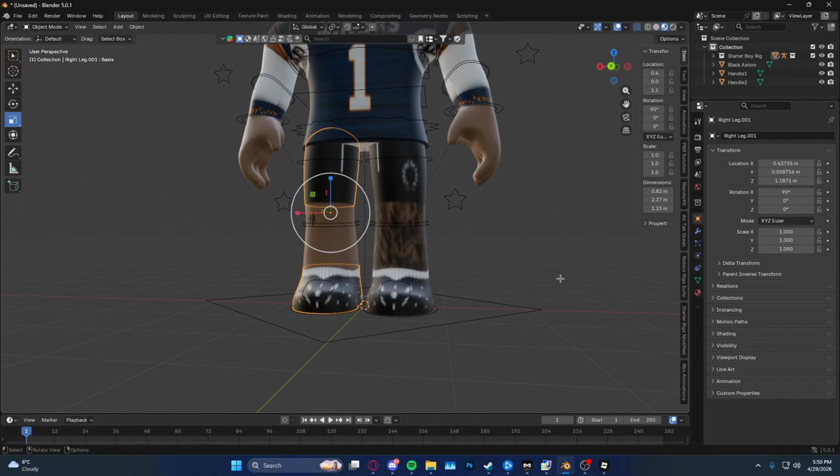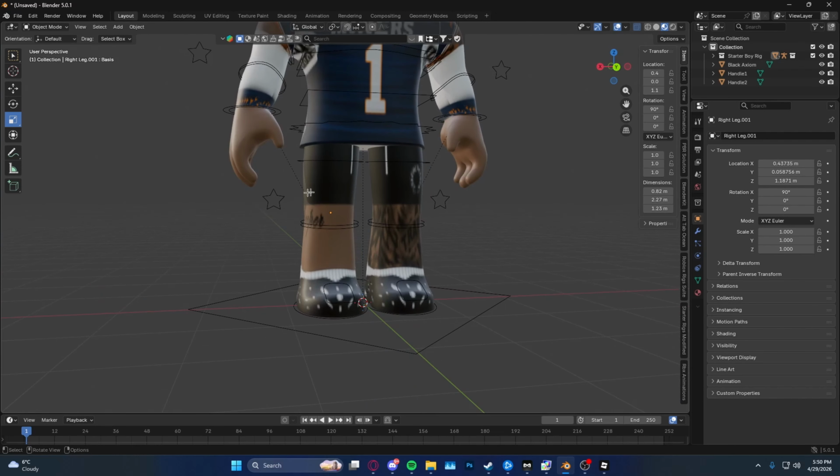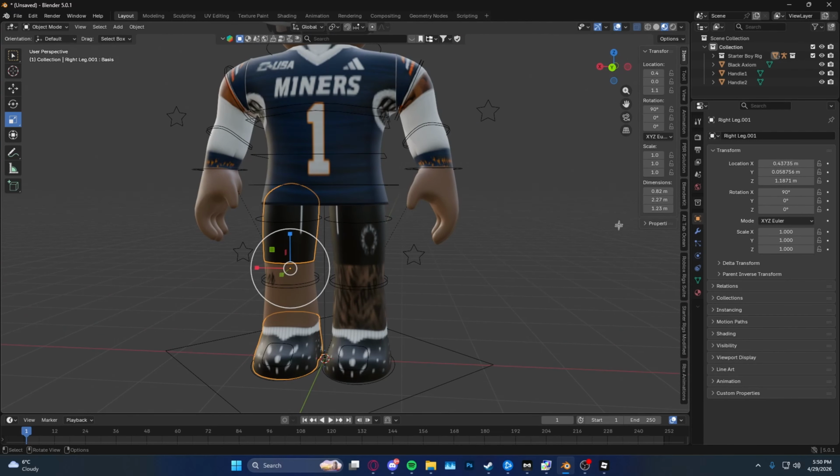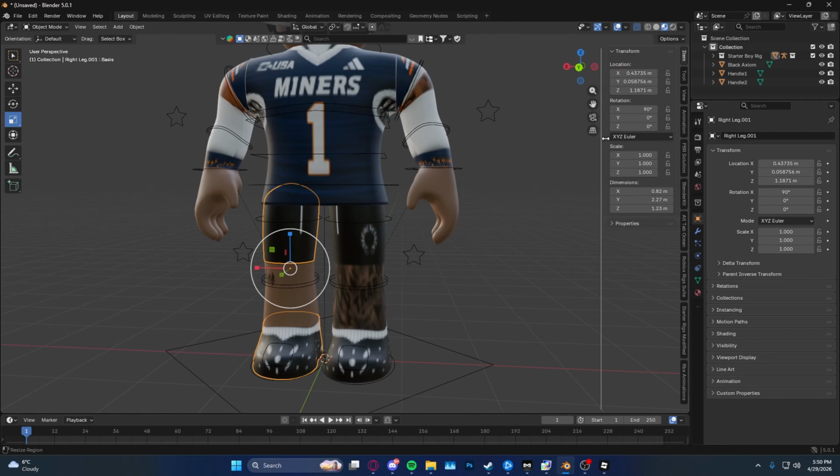So now you might be wondering, how the hell do I get it to actually look like clothing? Right now it just looks flat. You did basically nothing. And you're right. What you're going to want to do is come over here, select these parts that you duplicated, like the actual clothes. Open your item tab. Usually it will be closed like this. Open your item tab like this, and you're going to want to do the scale for each one of these.